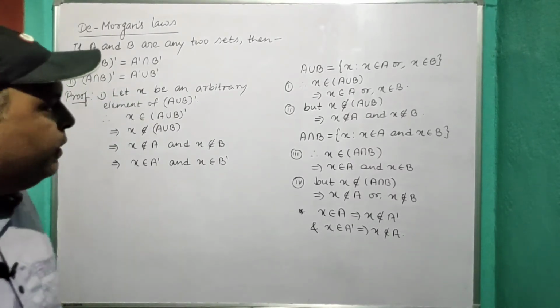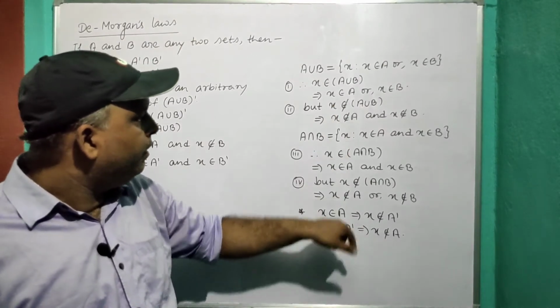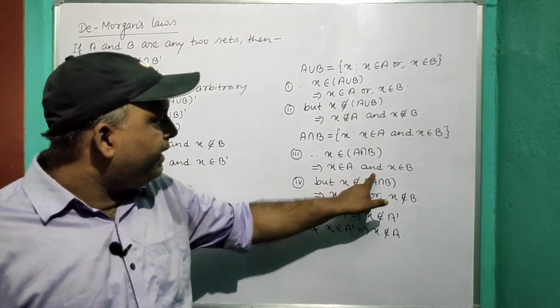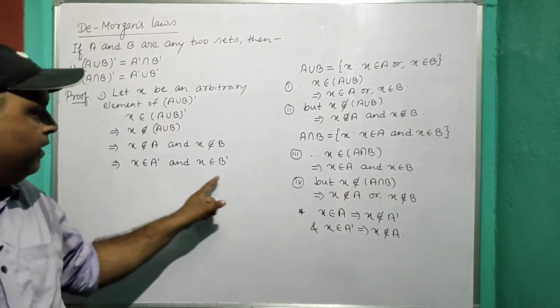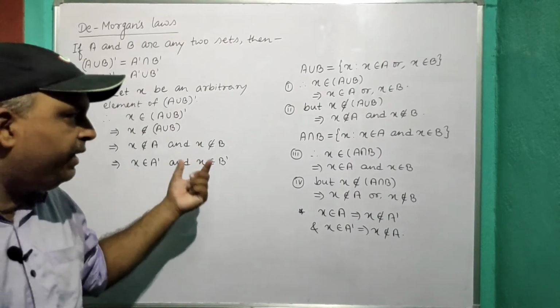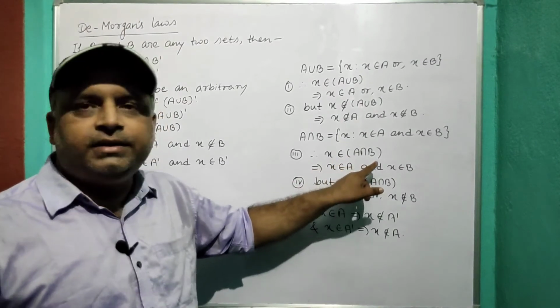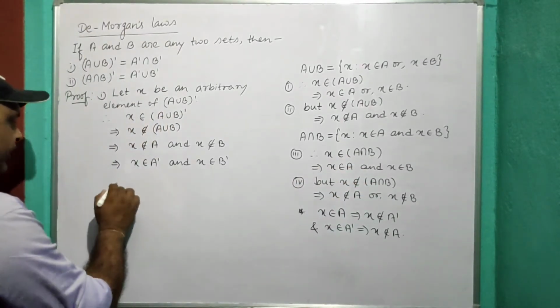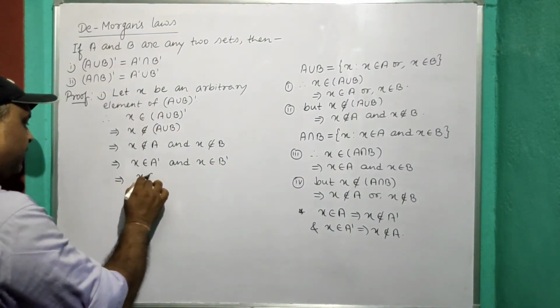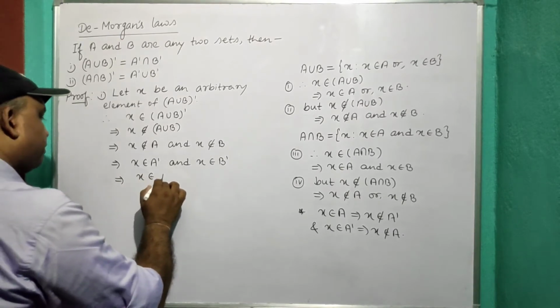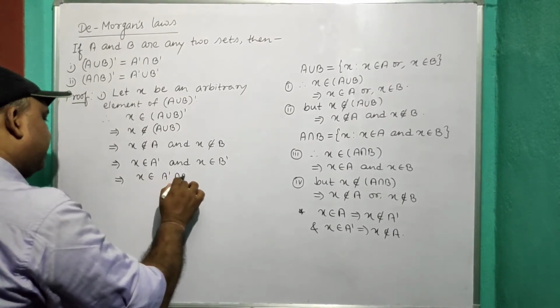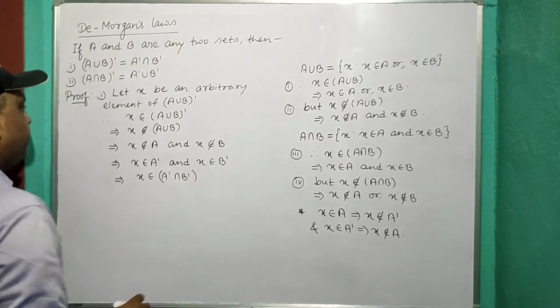अब अगर x belongs to A and x belongs to B दिया हुआ है, ठीक है, यहाँ पर सिर्फ A और B की जगह A dash B dash दिया हुआ है. In that case we write that x belongs to A intersection B. So here it will be x belongs to A dash intersection B dash.